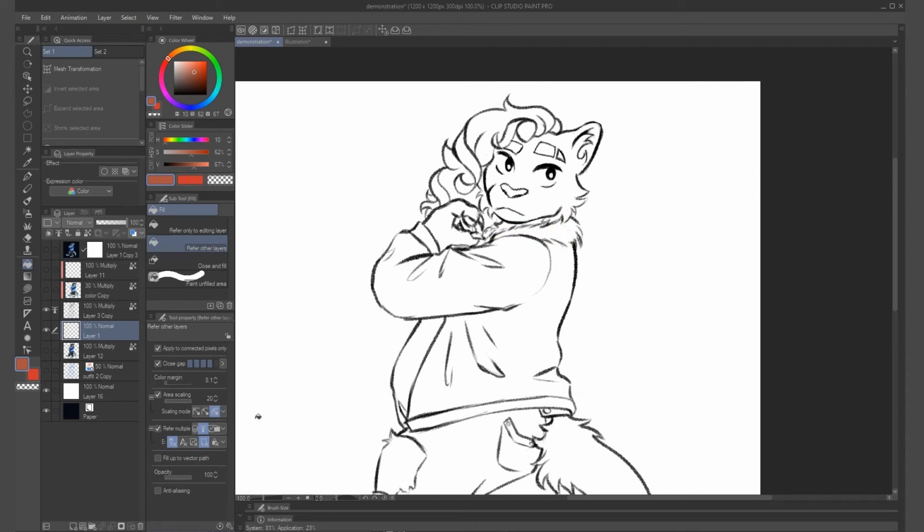The Paint Bucket also lets you refer to different types of layers, including reference layers, which I explained earlier. It also lets you exclude different types of layers.